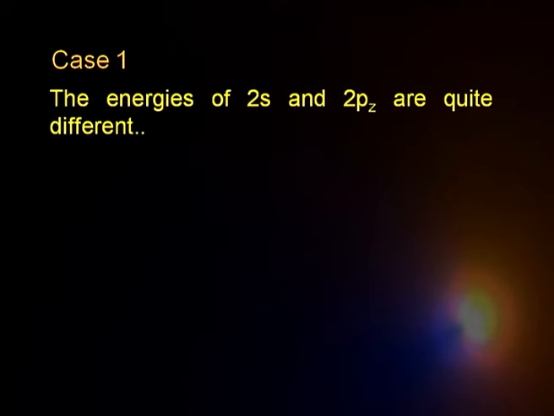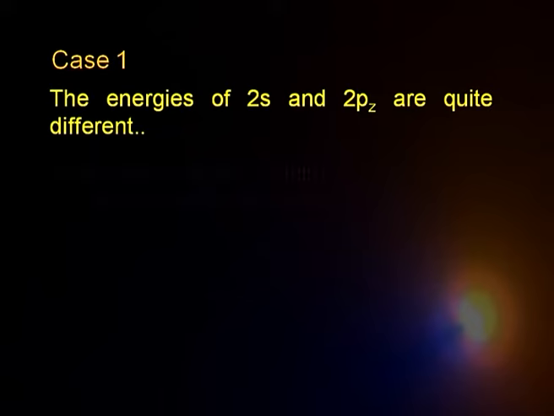Let us take case 1, because when I am dealing with the elements of period 2, we find that the energies of the 2s orbital and that of 2pz are not identical in all the elements there; they are different. So, case 1 is that where the energies of 2s and 2pz orbitals are quite different, say, for example, in case of boron, then probably nitrogen, carbon. So, for them these energies are quite different.